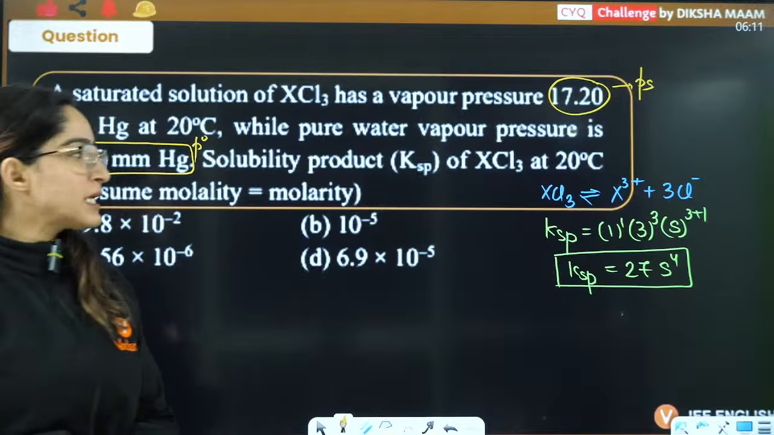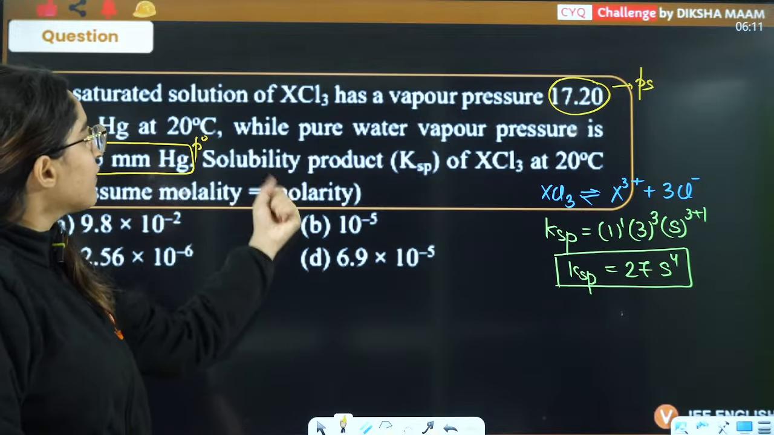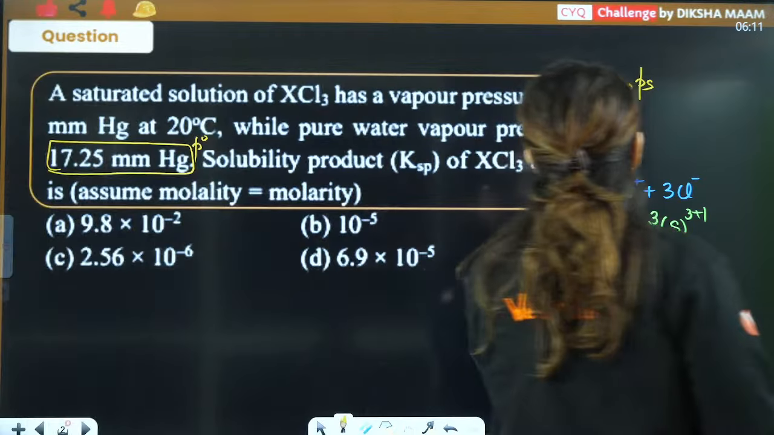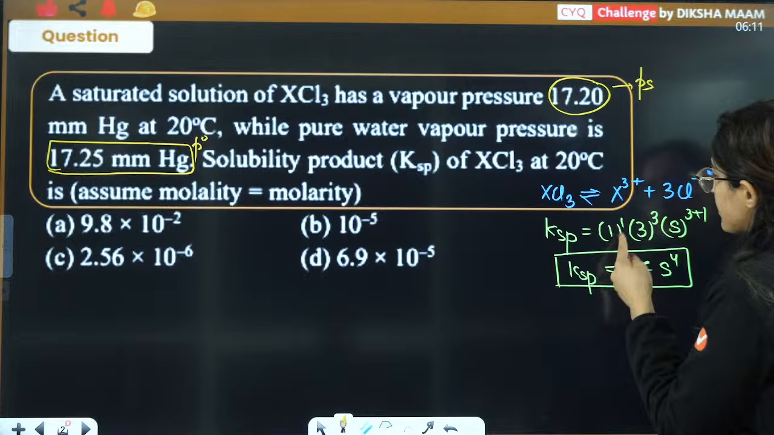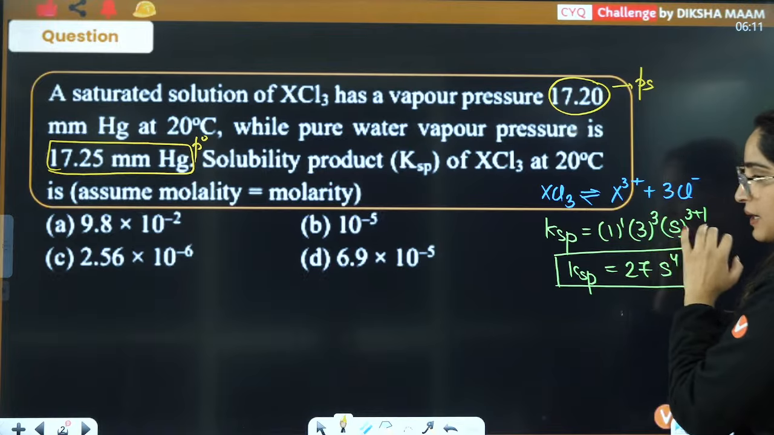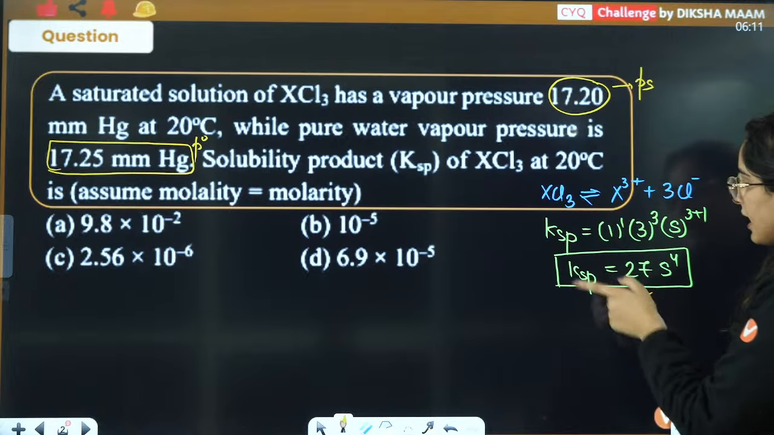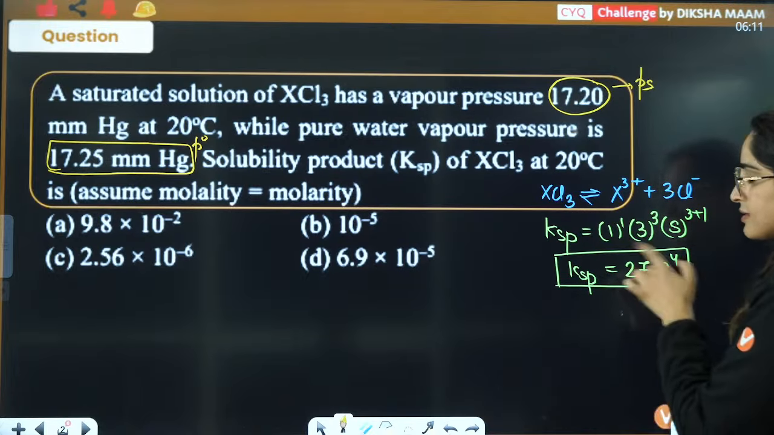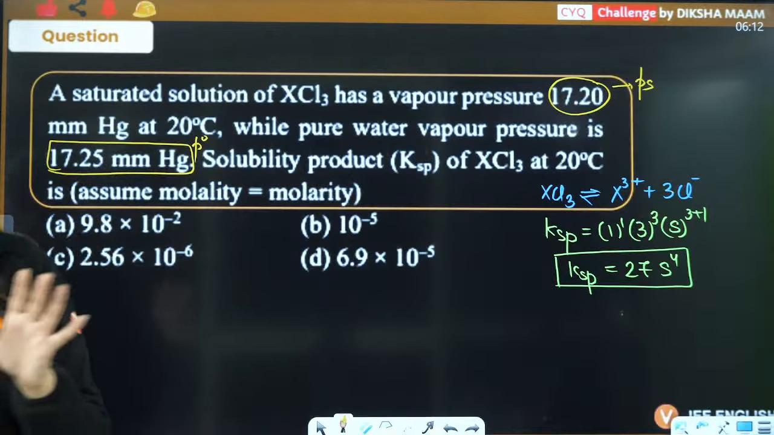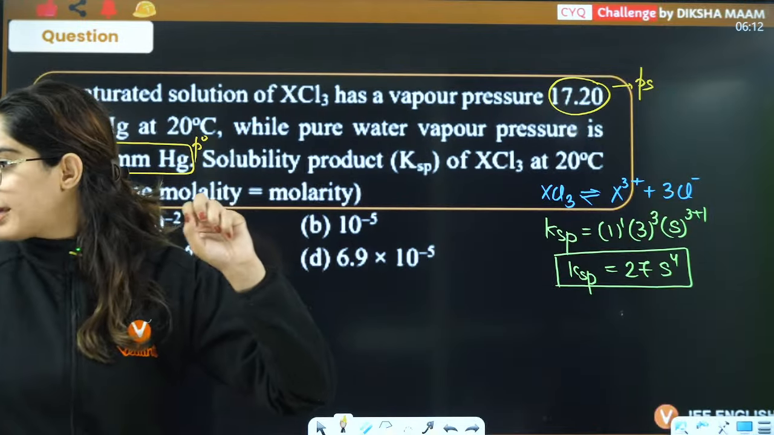Okay, now see what we were saying. They have asked you the solubility product, and the simple trick is stoichiometry raised to power stoichiometry, and solubility raised to power 3 plus 1, the addition of the stoichiometry. This is the overall Ksp value that you will have. Right? Now, this overall Ksp value,